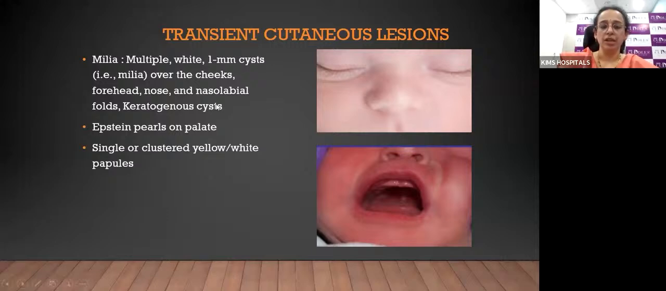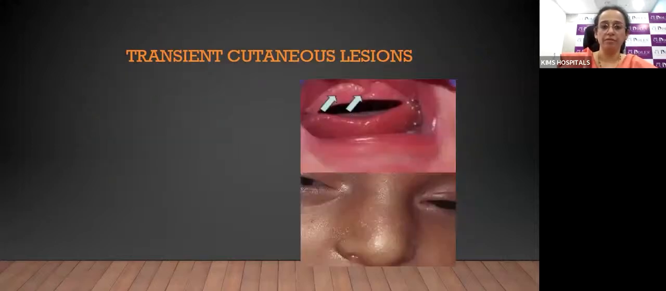The milia, as we discussed, appear more on the cheek, forehead, nose, and nasolabial folds. They are keratogenous cysts. They can be either single or clustered yellowish white papules. They disappear spontaneously and don't need any treatment within the first week of life. So next, moving on to this,